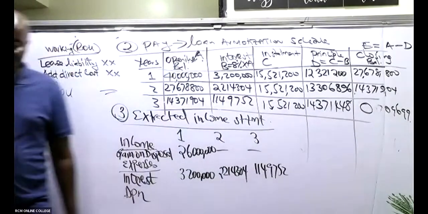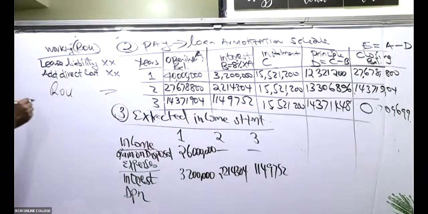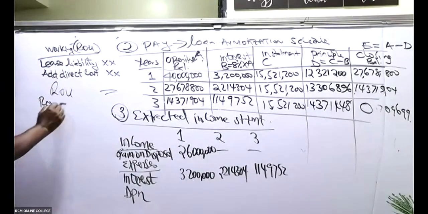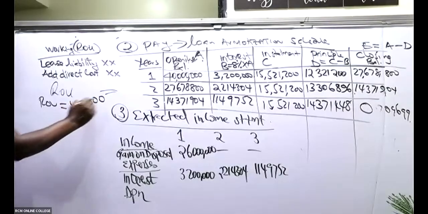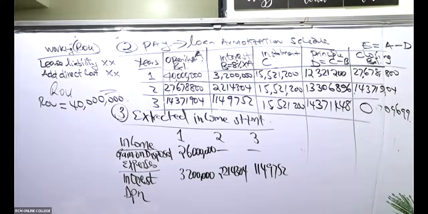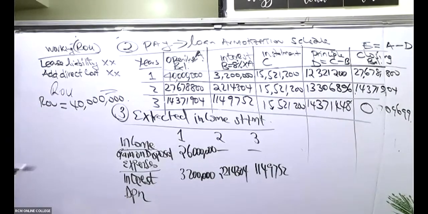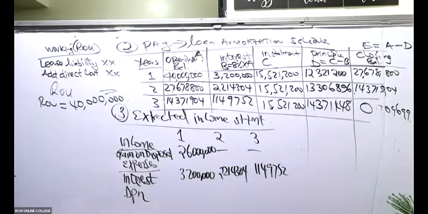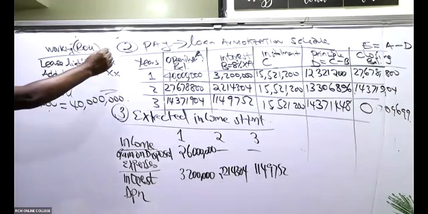We don't have any other additional cost given here. So basically, in our case, our ROU will be exactly equal to what here? Somebody? To 40 million, because there are no additional costs. So our ROU will basically be equal to the